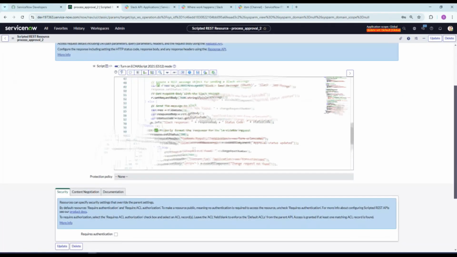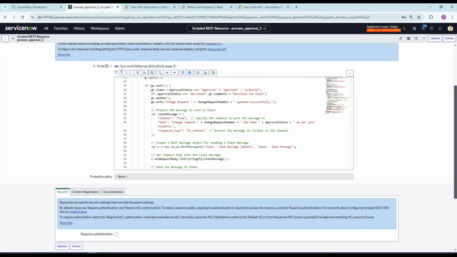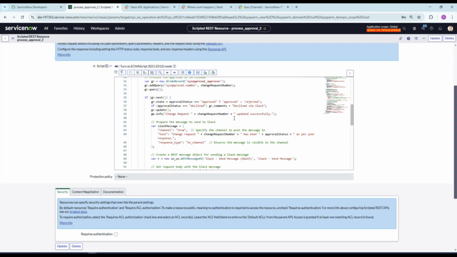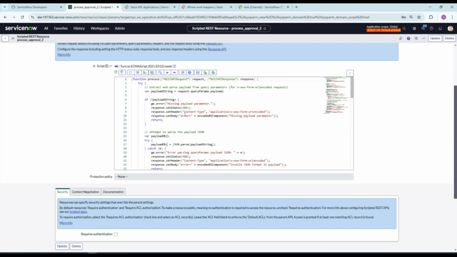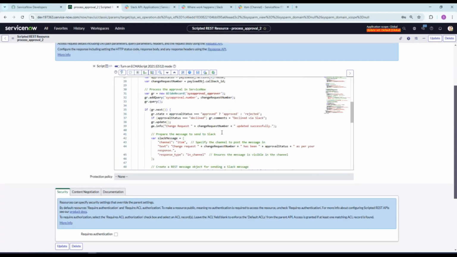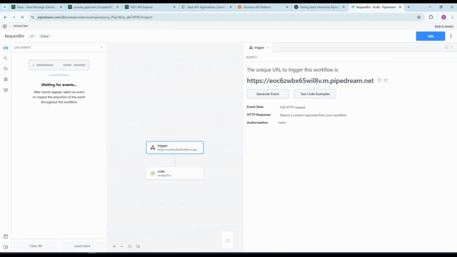For the testing purposes, I will be using my previously created Slack scripted API. I don't want to change the REST message at the moment. Okay, I forgot to tell you guys, there is a way you can test the incoming payload from Slack too. For that, I will be using the request bin here. So this is our URL. I am going to copy this URL, and let's come to the